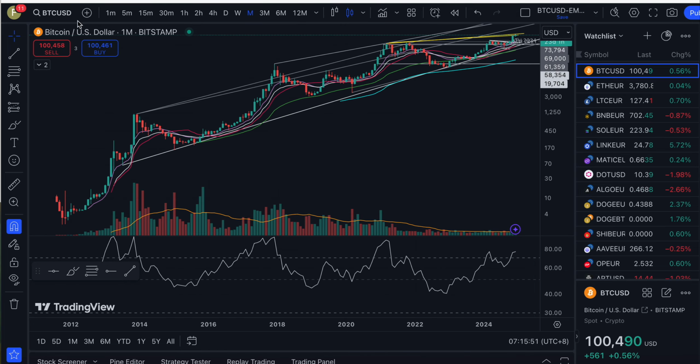This is tradingview.com. This is the Bitcoin chart. These are the tools you use for trade. So normally here I already made favorites. To make favorites, you need to